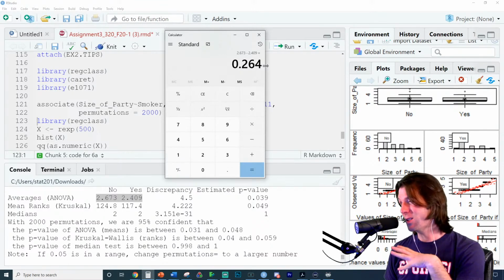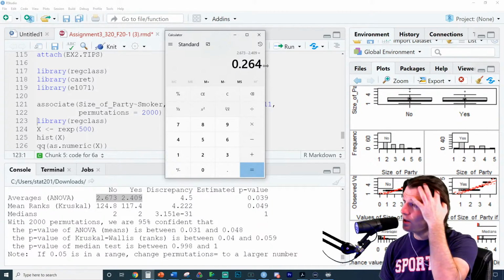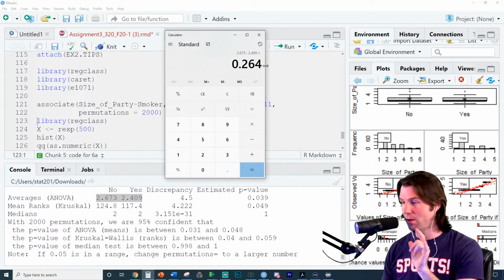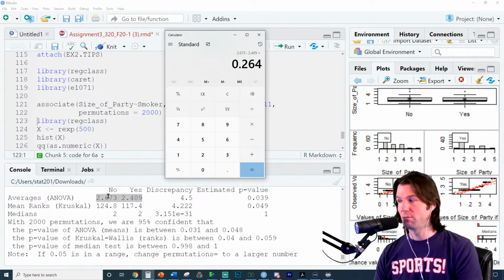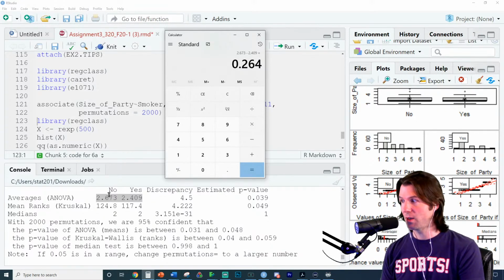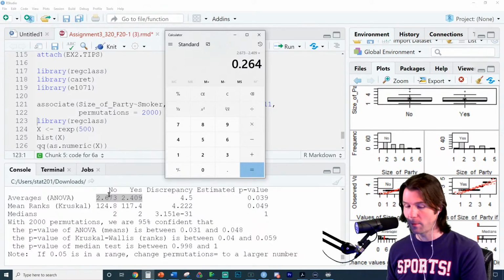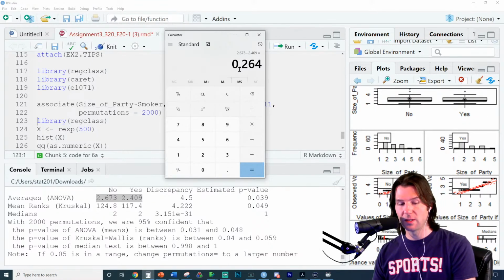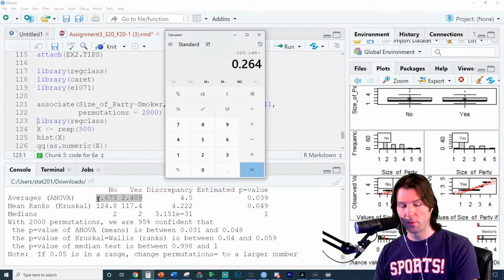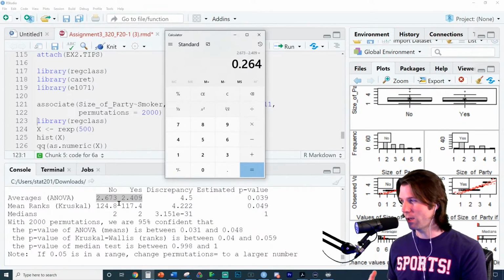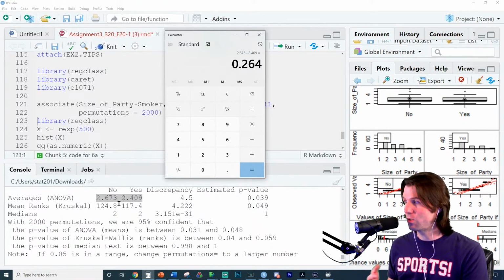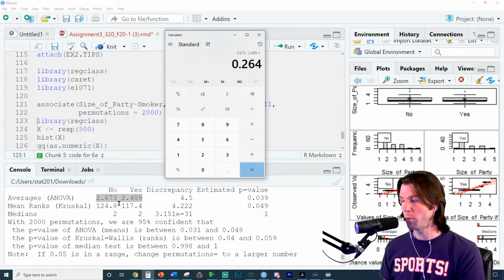You'd be like, well, the non-smoker parties generally have, you could, not 26%, but think about this. Like, this means that the non-smoker parties have 2.673 people on average. Like, if you go to a restaurant and you look at the non-smoker parties and you average up how many people are in the parties, non-smoker parties would have 2.673 people. And if you go to the smoker parties, they would have 2.409 people. So this means that the non-smoker parties have about how many more people, if you were to just round it to a nice number, it is 0.264 more people, but I'd probably say about this much more of a person. Like on average, there is about this many more people in a non-smoker party.